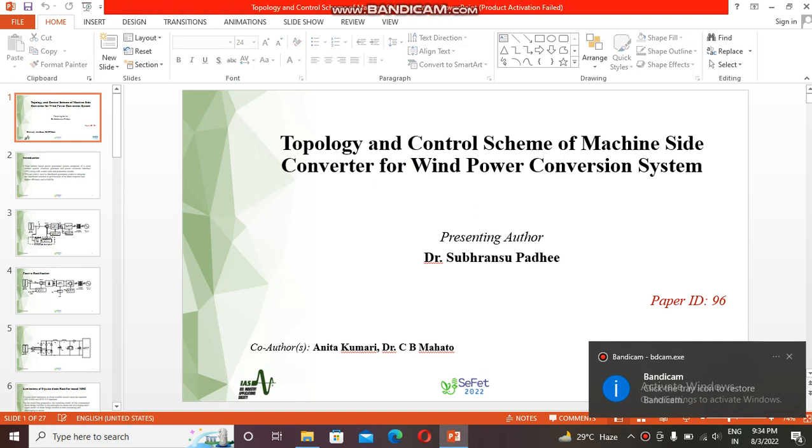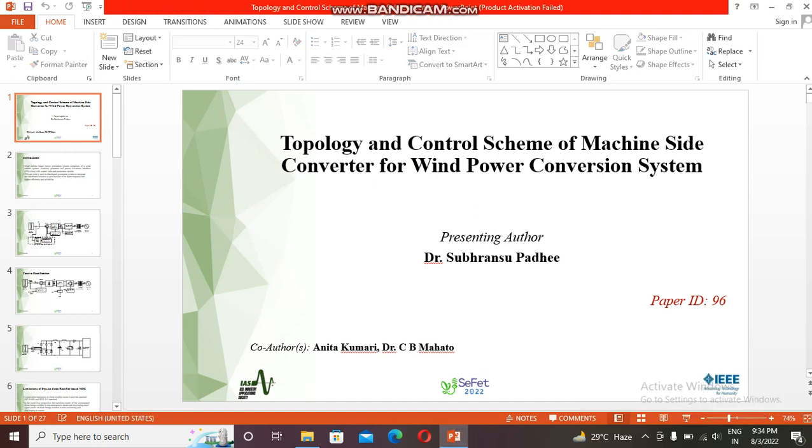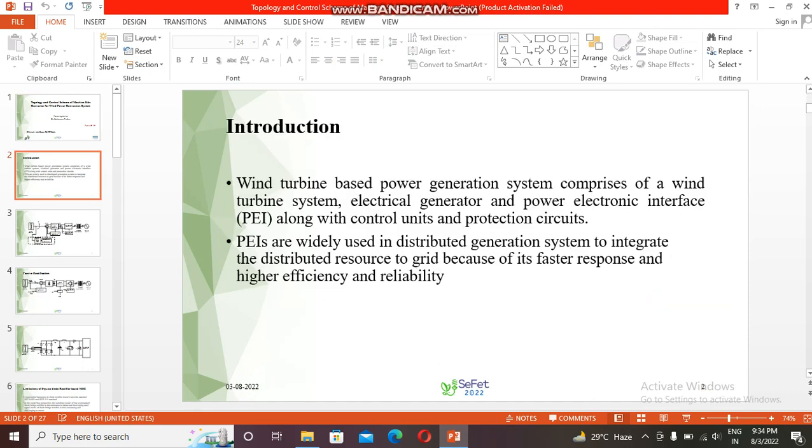My name is Dr. Subhranshu Padhi, and in the SCFET 2022 IEEE conference, I am going to present this paper, ID 96. The title of the paper is Topology and Control Scheme of Machine Side Converter for Wind Power Conversion System. The co-authors are Anita Kumari and Dr. C.V. Mahato. A wind turbine based power generation system comprises a wind turbine system, an electrical generator, a power electronic